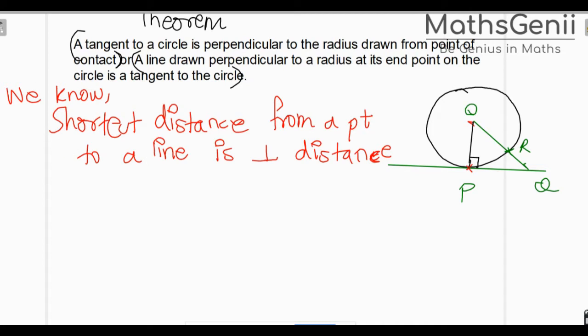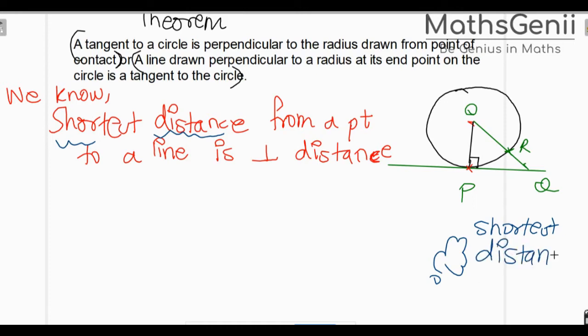Now in this case, first we know this, right? So we have to first prove that the shortest distance is radius. So in your thought, what you have to consider now, how do I prove that shortest distance from all these lines? OP is your radius, right? Shortest distance is radius. We have to prove this. Now this is your thought. The drawing that I've drawn is your thought. You should think this way. Now my thought process should be, how do I prove that R is the shortest distance?